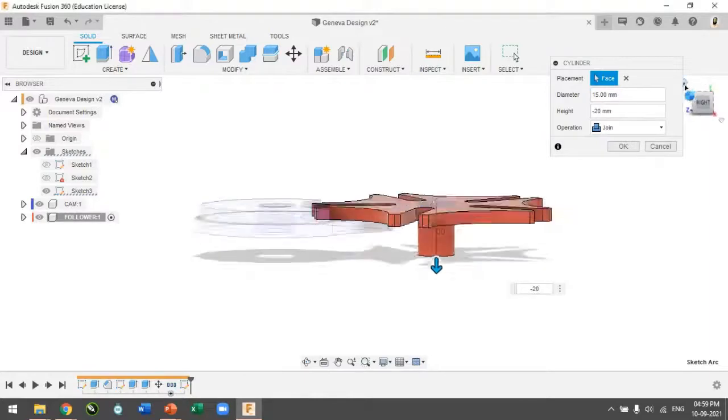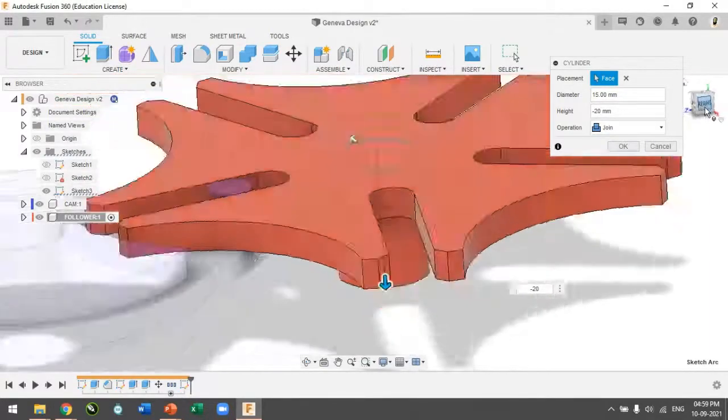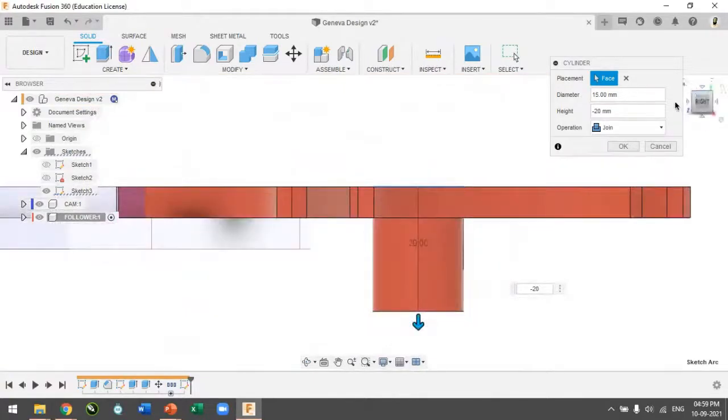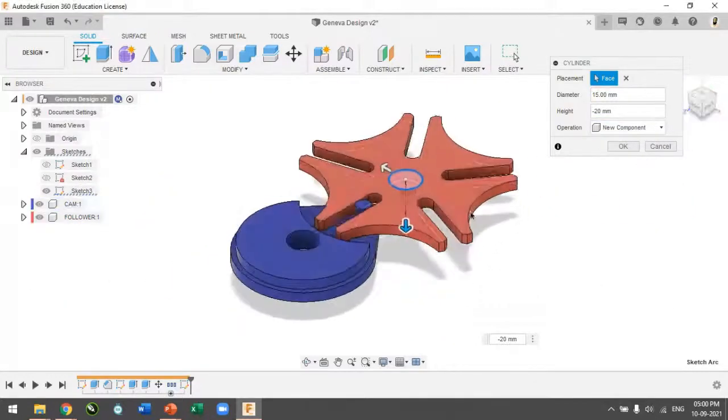I will set the height of 20, but make sure it's joining to the follower body. But I do not want to join this body, so I can choose a new body, or I can choose directly new component. As we have to make a new component, we will directly choose new component button, and then